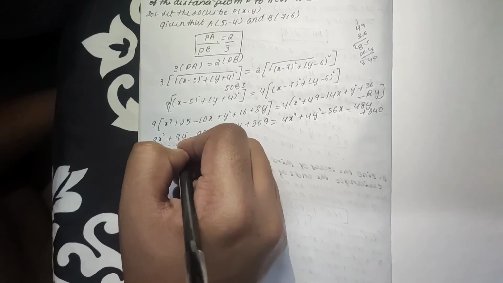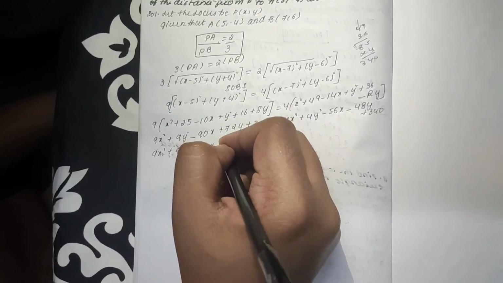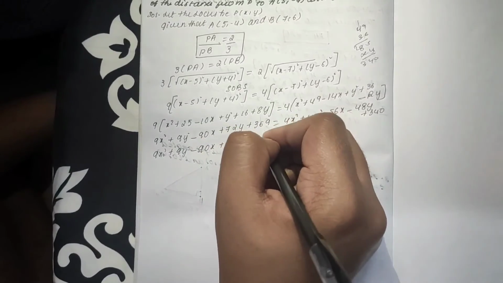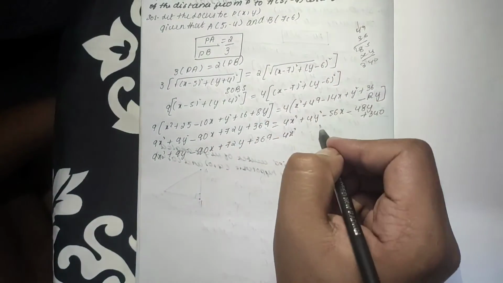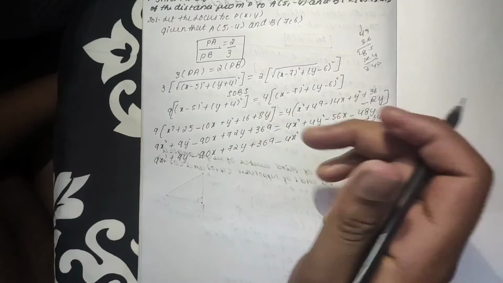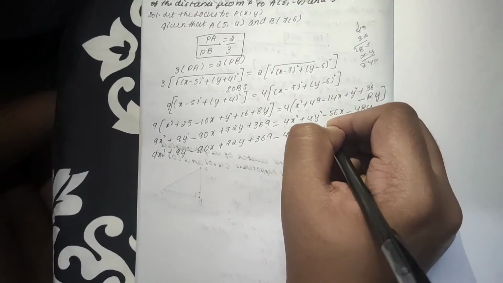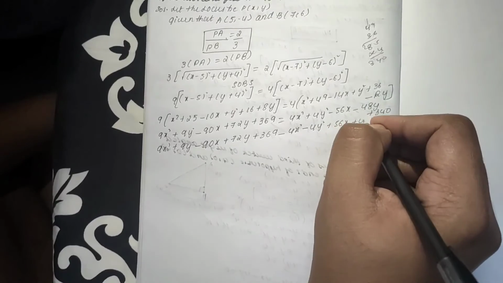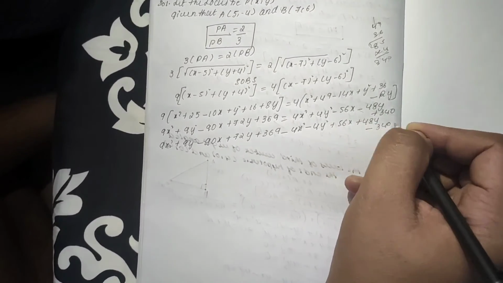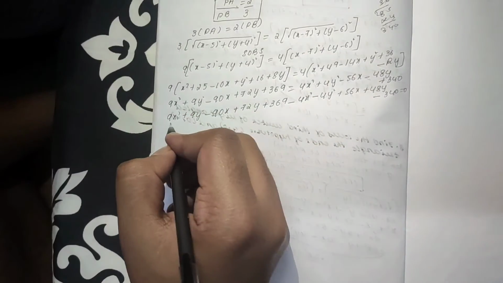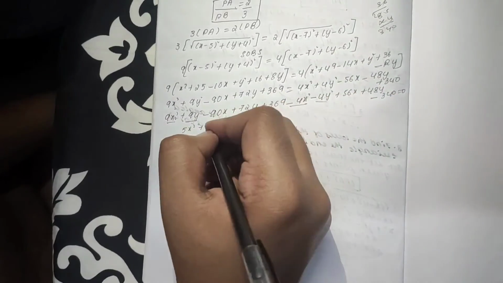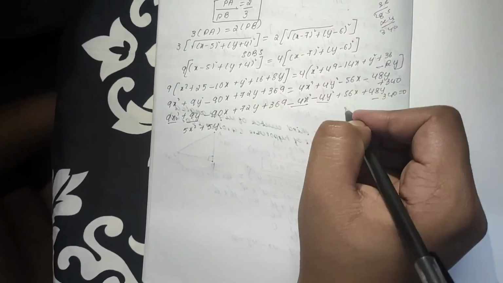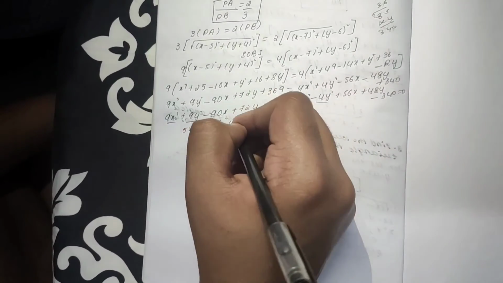Take this RHS term to LHS: 9x square plus 9y square minus 90x plus 72y plus 369 minus 4x square minus 4y square plus 56x plus 48y minus 340 is equal to 0. The sign changes when it carries to RHS or LHS. So 9x square minus 4x square is 5x square, plus 9y square minus 4y square is 5y square, minus 90x plus 56x